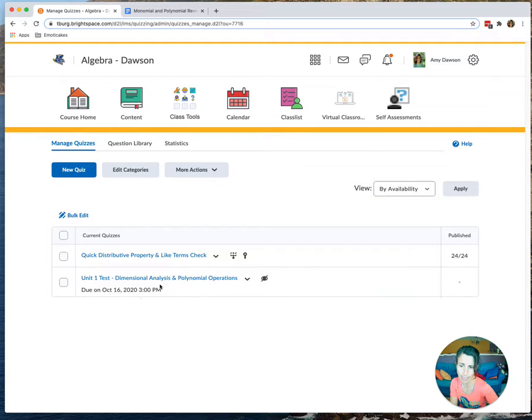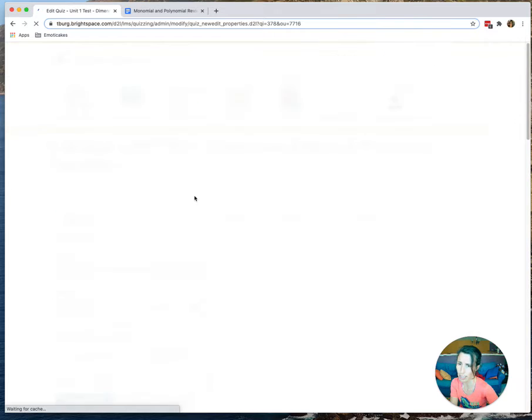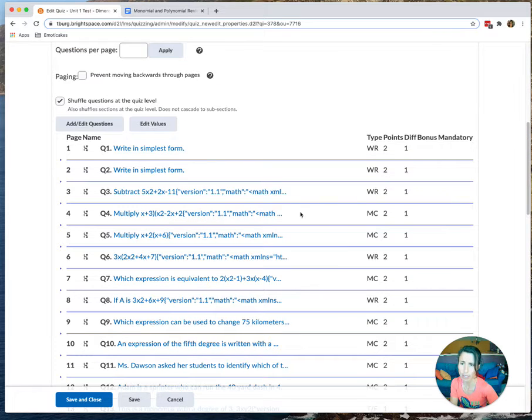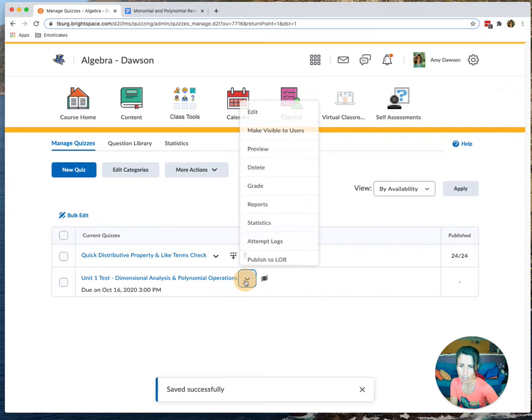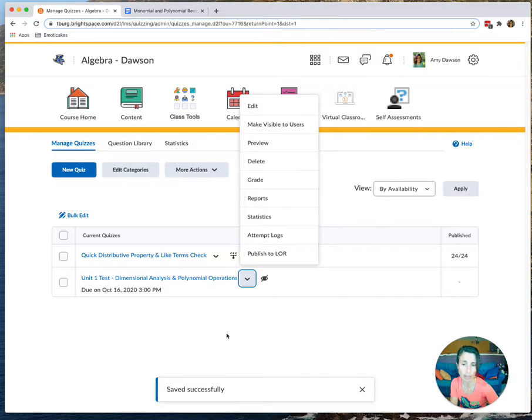So it's due on the 16th. I'm making tests due Fridays at 3, and I'm giving them probably Friday morning is when I'll open it, unless there's exceptional circumstances. So I want to preview this. So let's see how to do that. I can preview on that little arrow right here,